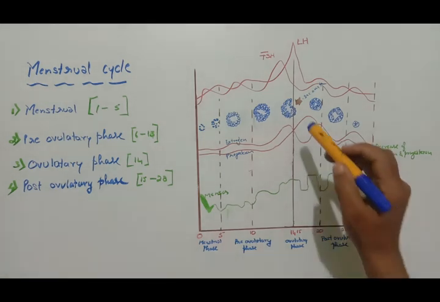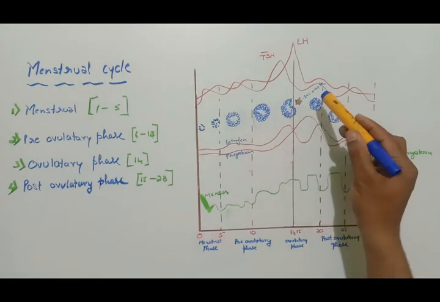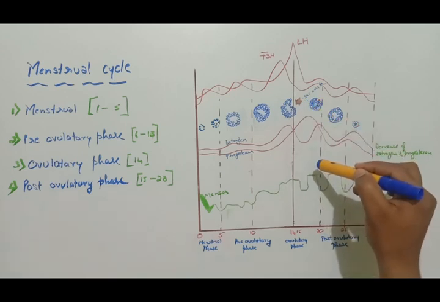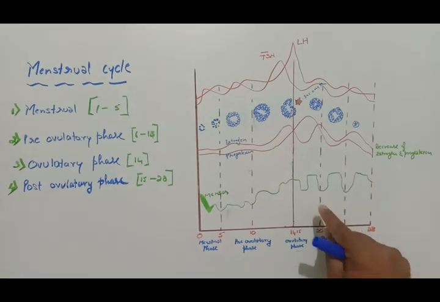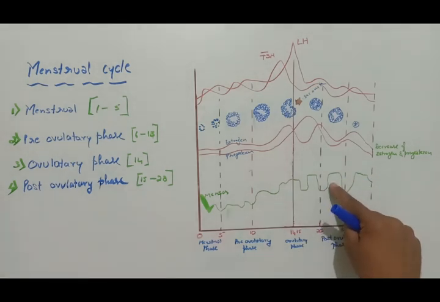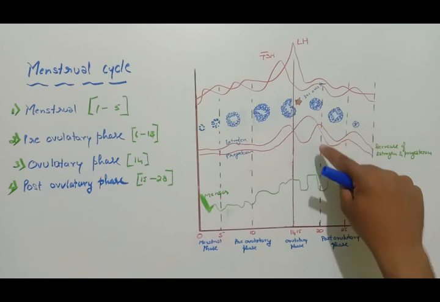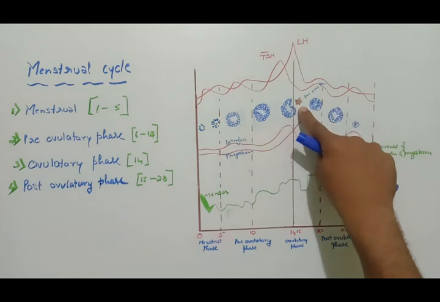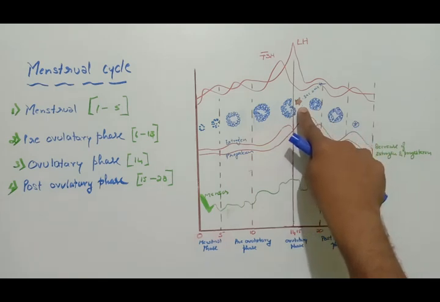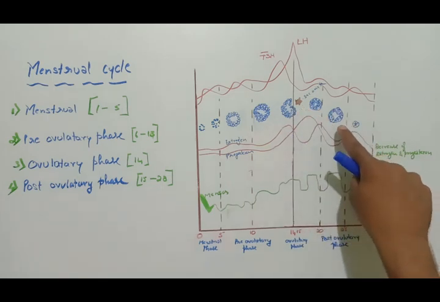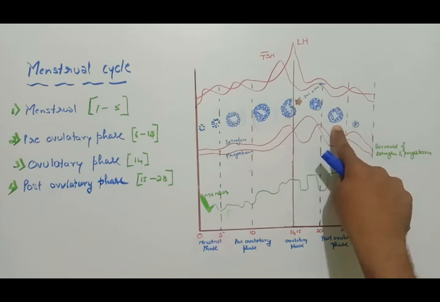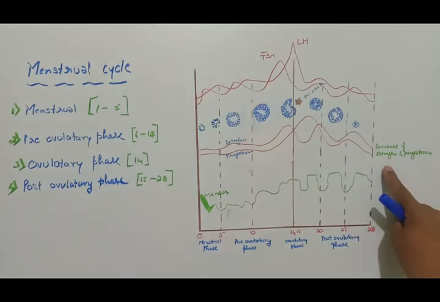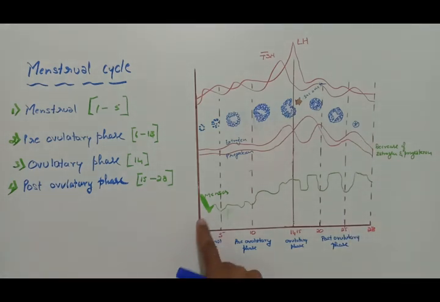That means if the egg is fertilized with the sperm, then development of the zygote will begin, and it implants in the endometrium region. When implantation occurs, this corpus luteum produces progesterone, and that progesterone will maintain the pregnancy. If the secondary oocyte is not fertilized, then the corpus luteum degenerates into the corpus albicans, and finally it degenerates out. That decreases the level of estrogen and progesterone. That is the beginning of the next menstrual cycle.